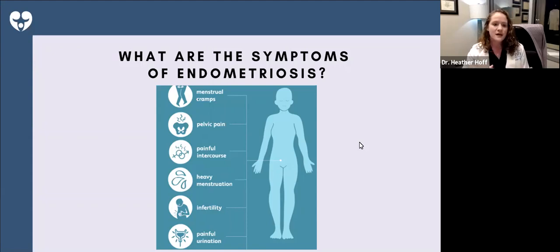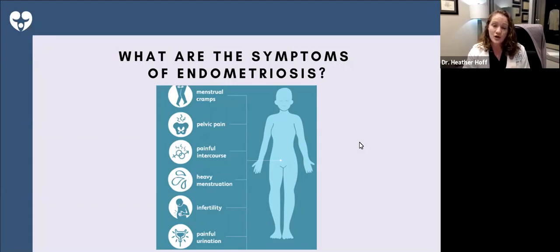Endometriosis can lead to some abnormalities in bleeding patterns. It can lead to heavier periods and irregular bleeding between periods. Sometimes the first time we figure out a woman has endometriosis is when she presents for a fertility evaluation. Also, women can have painful urination or defecation, or pain passing a bowel movement. This is often worse during the time of the menstrual period, and they may notice blood in their urine or stool as well. So these can be some symptoms that can correlate with endometriosis.